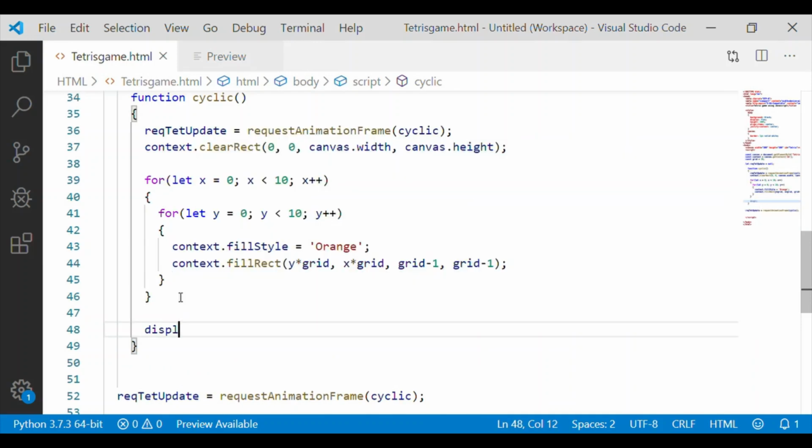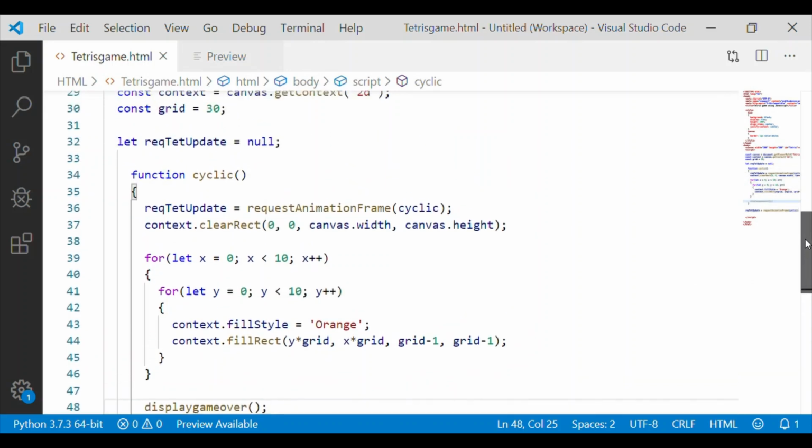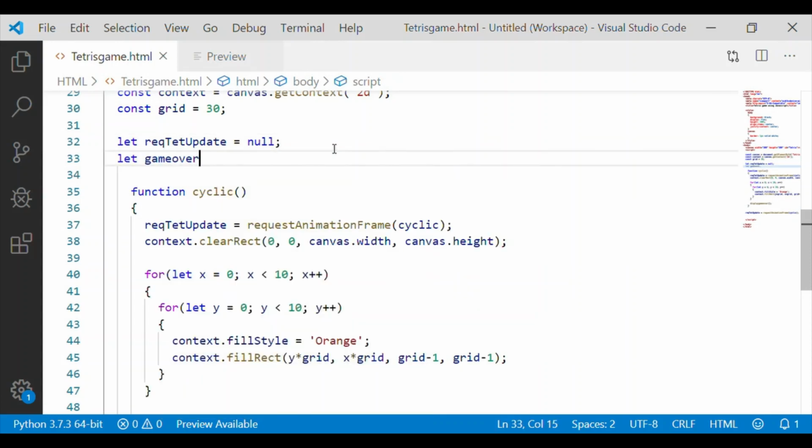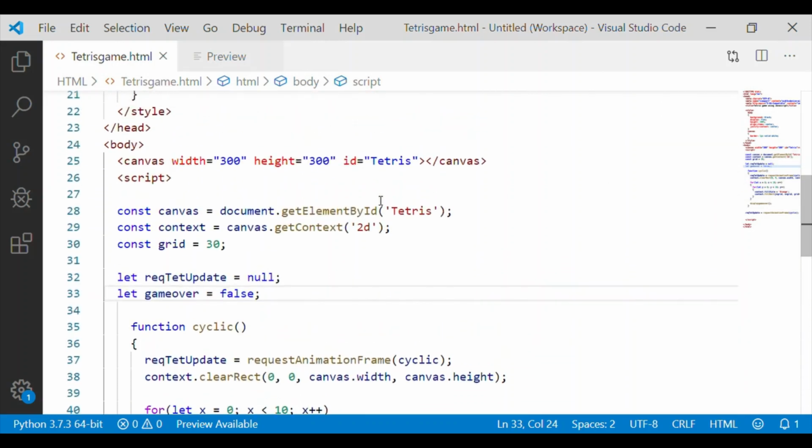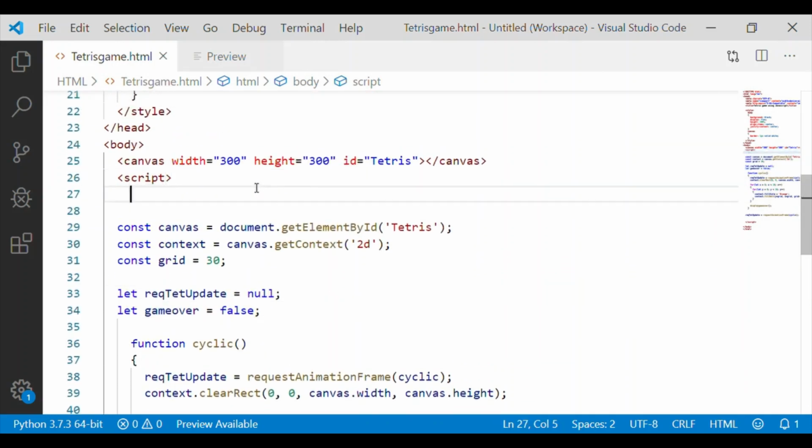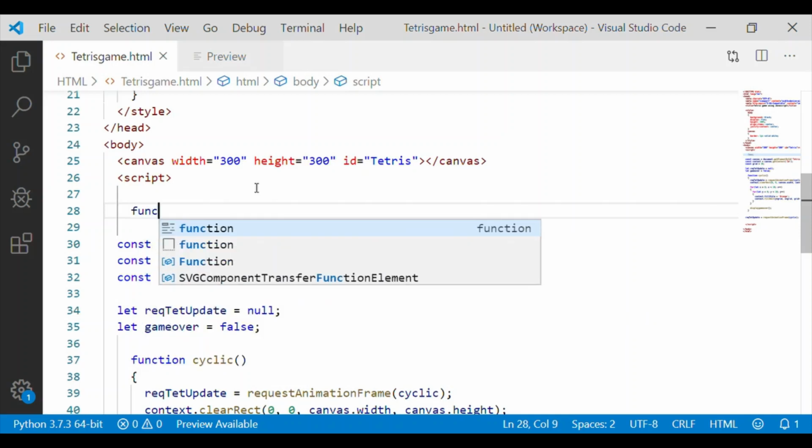Now we will see how to give an end screen, that is game over last screen. I will call a function within this cyclic. Let us go and declare a variable game over initialized to false, and we will go and define our function display game over.